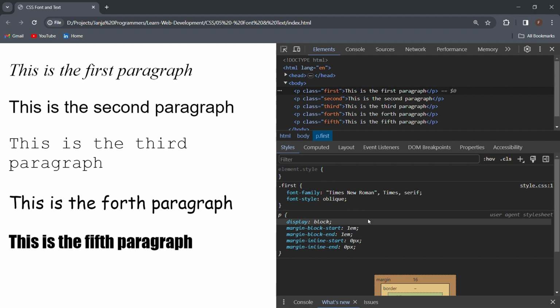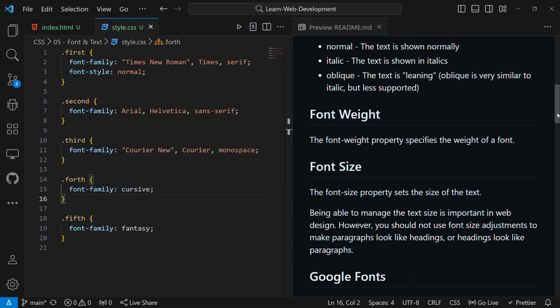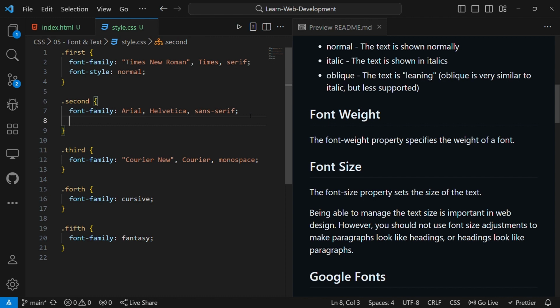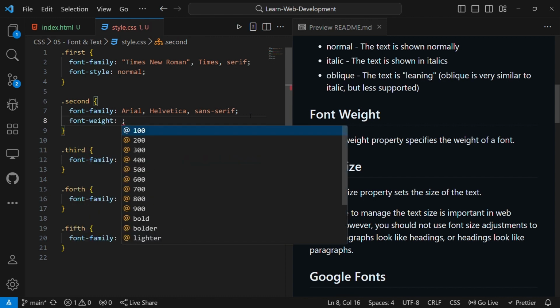Let's look at the next property. The next property is the font weight. Font weight specifies the weight a font can have. Let me just put some weight in the second one. I saw the second one was a little bit lighter, so I can add some weight there. Say font-weight, and font weight ranges from 100 to 900. It increases by 100 each. So 100 is lighter,